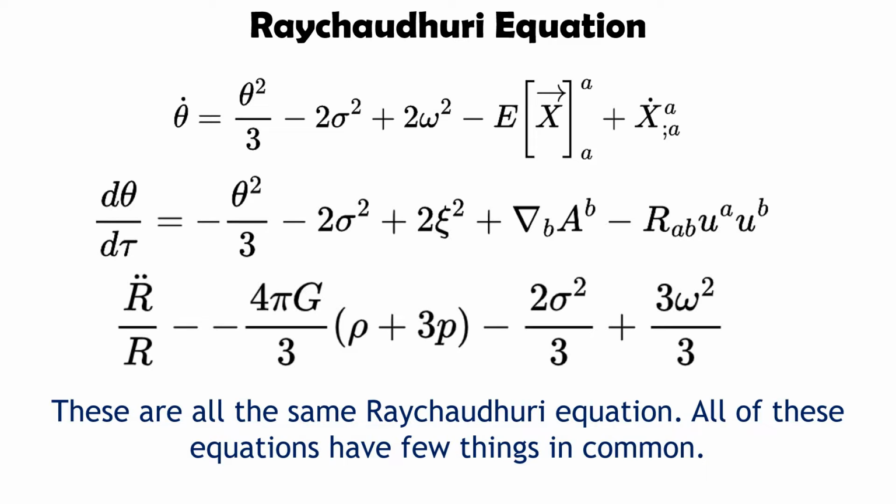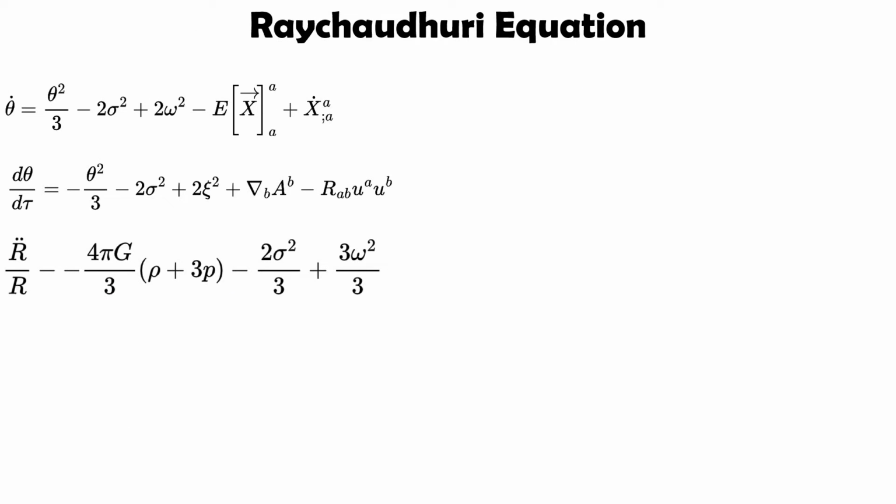There may be another one or two different types of Raychaudhuri equations. The reason is that depending upon the dust and the expansion of the universe, the parameters and values of the Raychaudhuri equation go on changing. What is important is that there are certain common things. What are those? Let us look into the next part of our video.